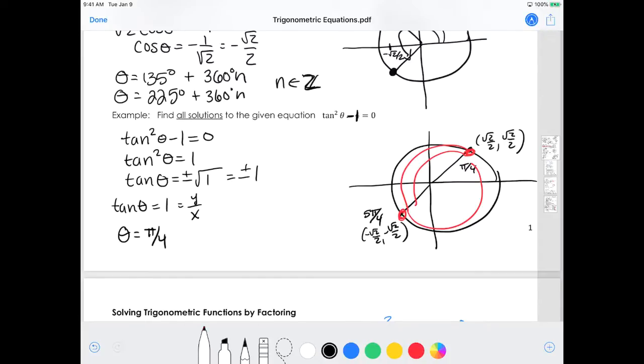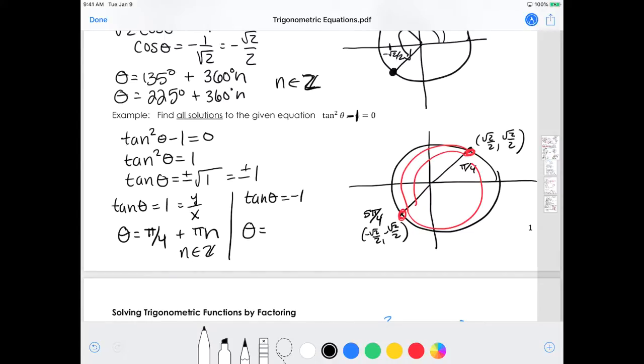So any multiple of pi would work to get tangent is 1. So I'm going to write pi over 4 plus pi n, where n is in the integers, any multiple of pi. Now, to find where tangent